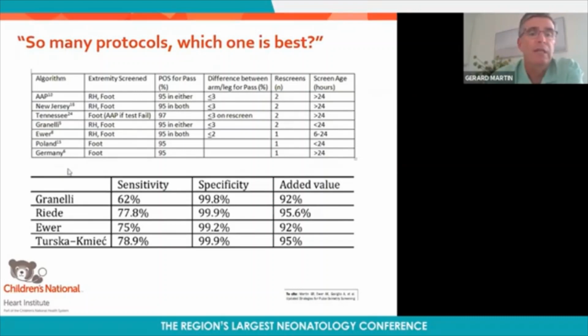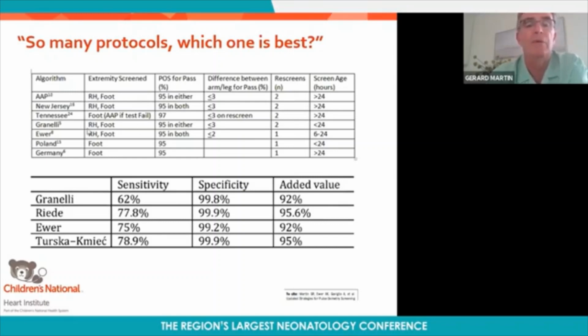The first thing we did is we looked at the various protocols shown in this top chart. The pediatrics one here, 2 extremities, 95 pulse oximetry in either the upper or lower, a difference of less than or equal to 3 for a pass, 2 rescreens, and screening after 24 hours. Compared with New Jersey, that went to 95 in both extremities, a little bit of higher bar to pass, whereas everything else was the same. Tennessee simplified it. They said, we don't think you need to do 2 extremities. They only screen the foot, but they want the foot to be at least 97 for a pass. And they really don't go and repeat just the foot. If you fail that first screen, they then move to the American Academy of Pediatrics protocol of doing 2 extremity